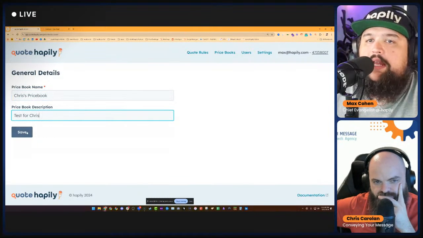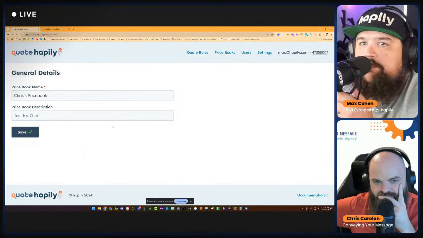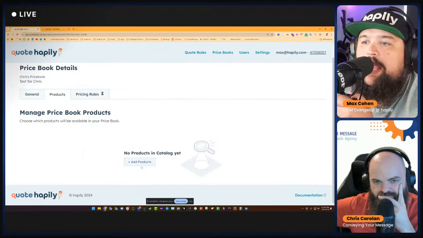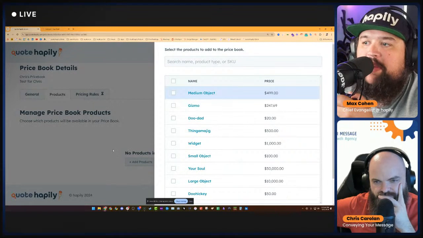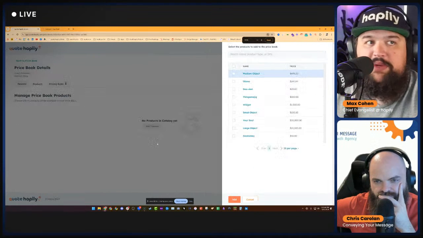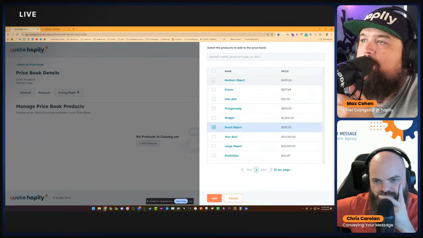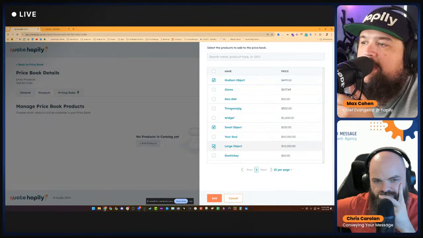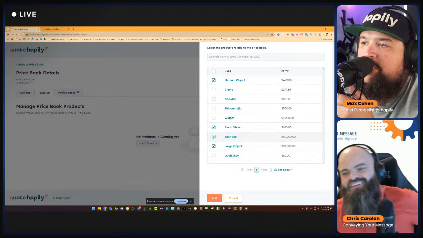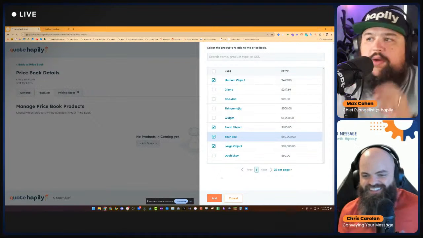And essentially you come in here and you can add products to your price book. I've got everything zoomed in, so it's going to look a little funny. I'm going to put in a small object, a medium object, and a large object into this price book, and hit add.